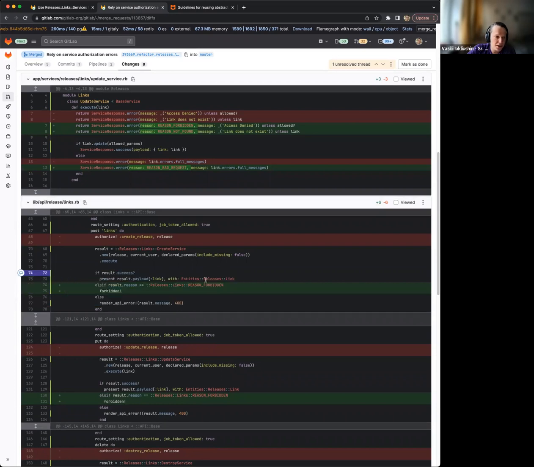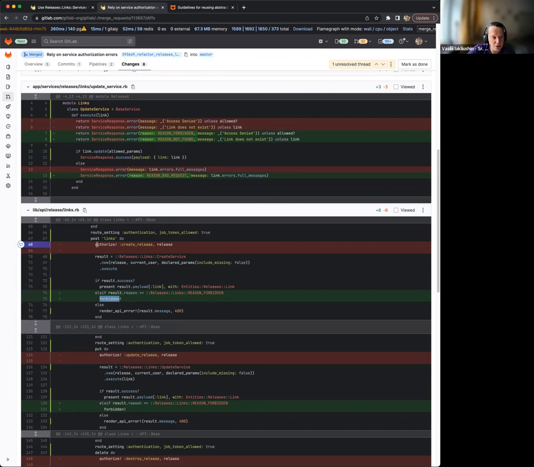So if all successful, okay. If not successful, then the reason, if the reason is forbidden, we return forbidden error. If something else, we return bad request error. And that allows us to remove the authorize step because it's done inside of the service. So yeah,